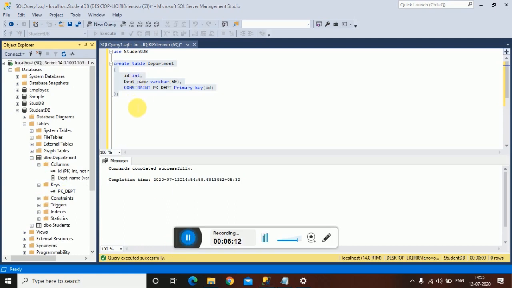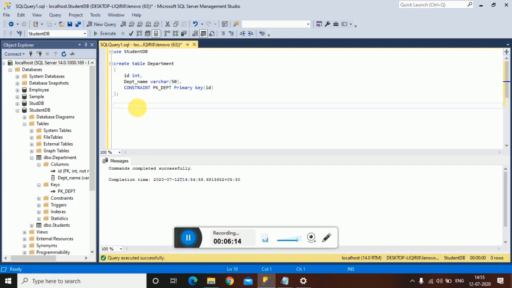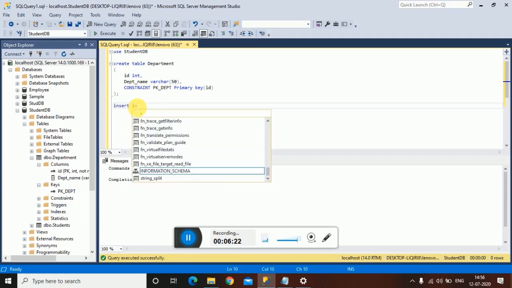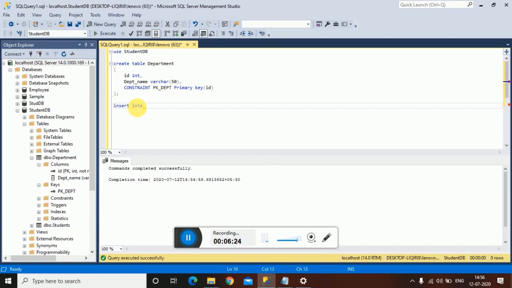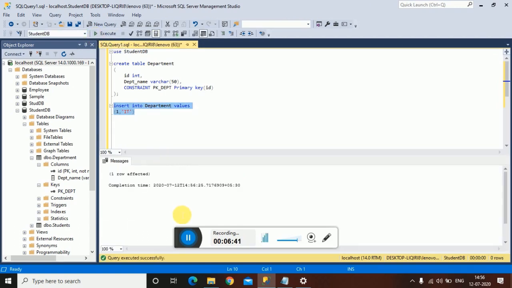As I said, primary key constraint cannot accept duplicate values. It cannot accept null values. So I will show exactly what happens when you try to insert a duplicate value or a null value. Insert into department values. I will specify the ID column value as 1 and the name column as a value. When I execute this command, the record gets inserted.